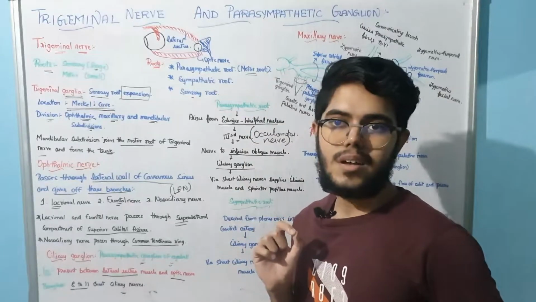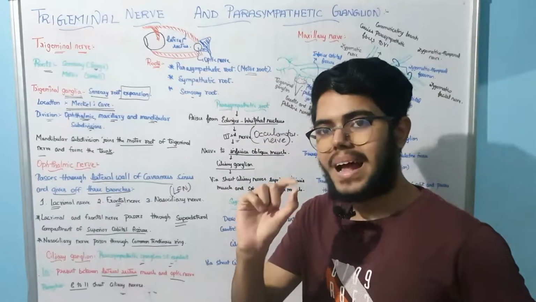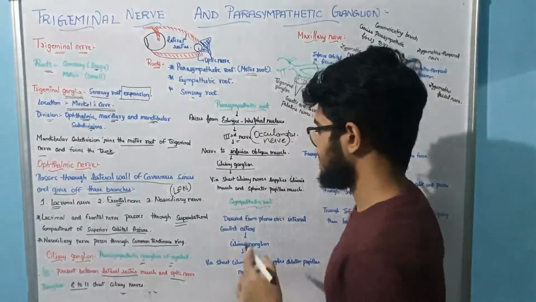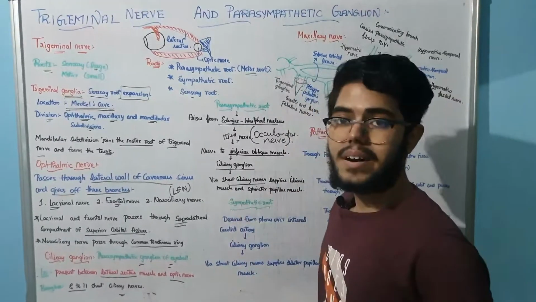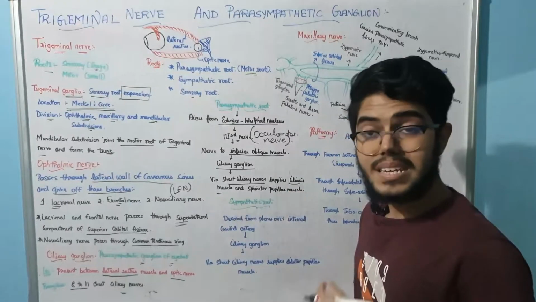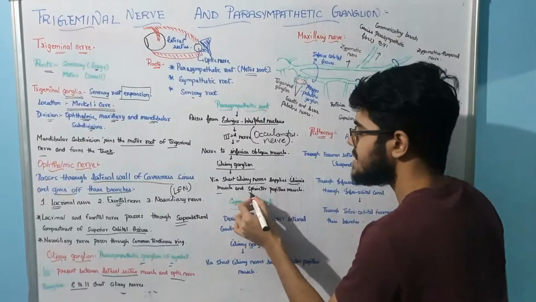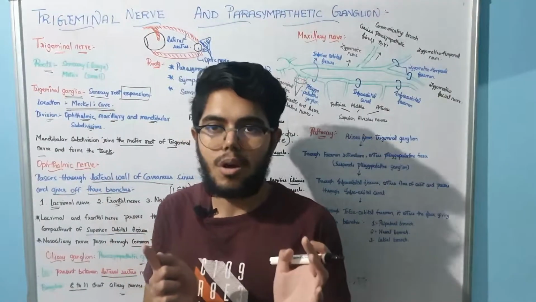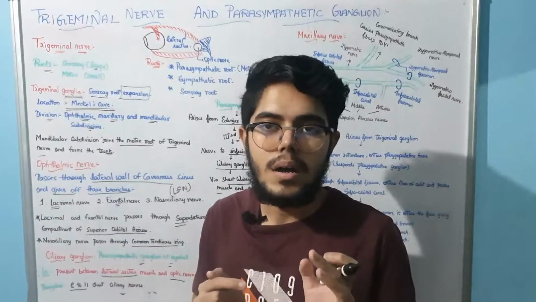Then the ciliary ganglion has got branches, the short ciliary nerve we have seen. So via the short ciliary nerve, we supply which muscles? The ciliaris muscle, very simple, and also the sphincter pupillae muscle you have to remember. So it is a very simple concept, the pathway you have to remember.